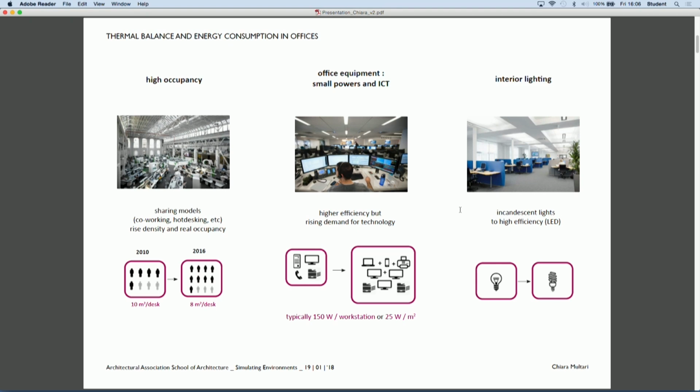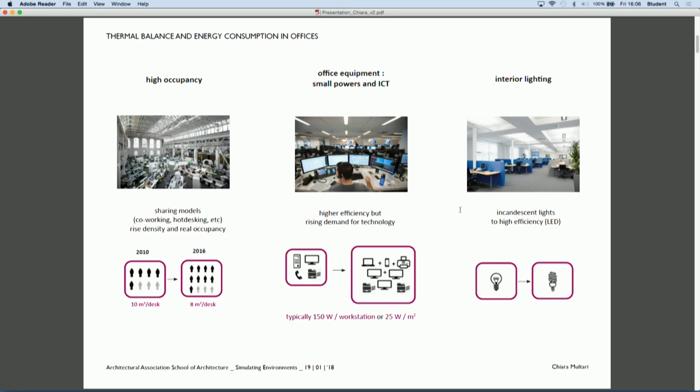As for the occupancy, current trends are moving toward a more intense use of space, which means high design densities, especially related to modern sharing models such as co-working or desk sharing, which raise the number of people per square meter, and also the real occupancy is rising.